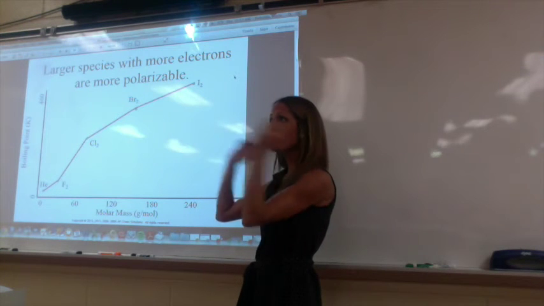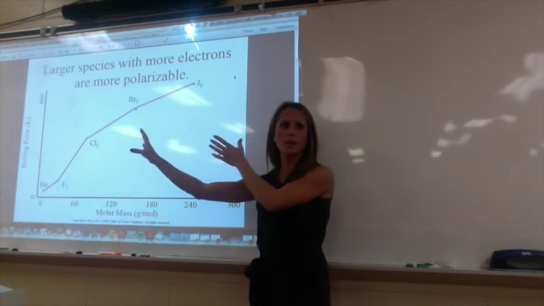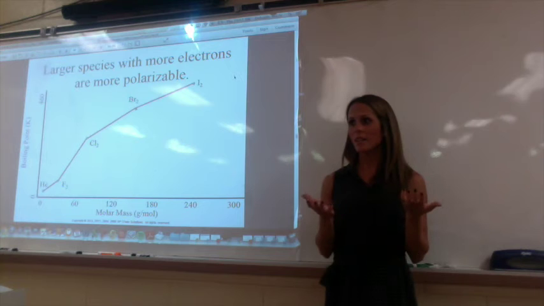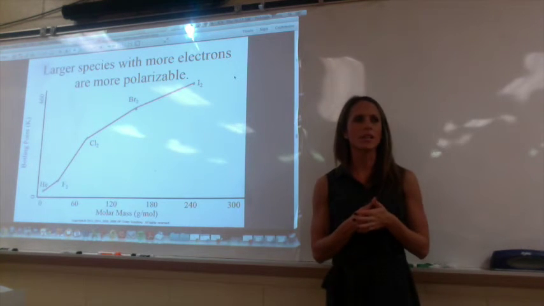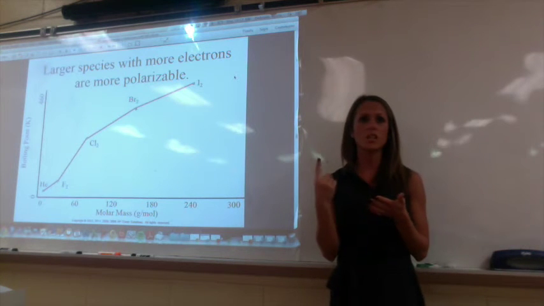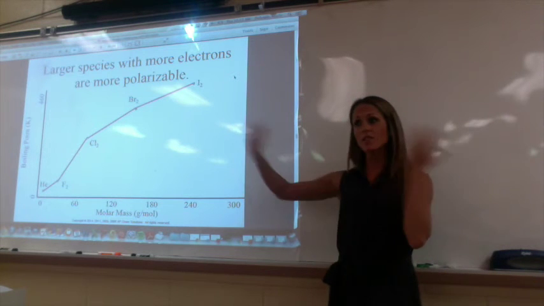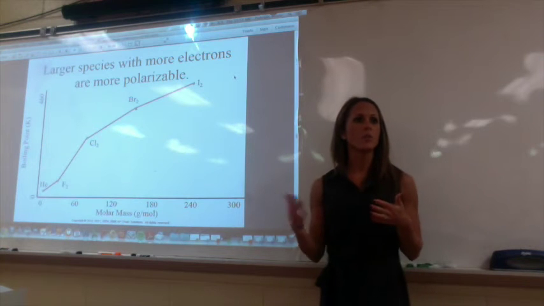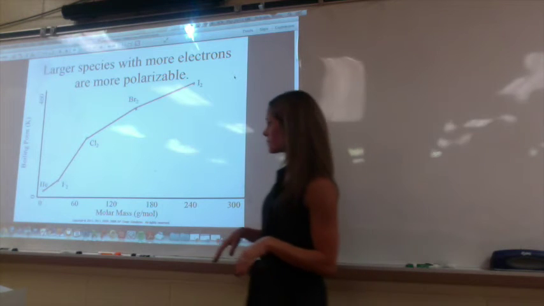So if you have 120 electrons in a molecule and 120 of them are whooshing over to one side versus 8, that's not that many, right? Like CH4 has 8 electrons. 10, just joking, 10 electrons. CH4 is 6 for carbon, and then each hydrogen has 1 and there's 4 of them. So CH4 would have 10 electrons versus something else that could have over 200 electrons. So the more electrons there are, the more polarizable it is. So you get that whooshing, induced dipole moment much more heavily.